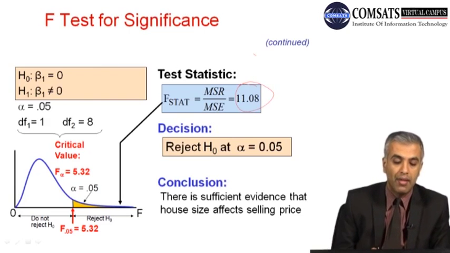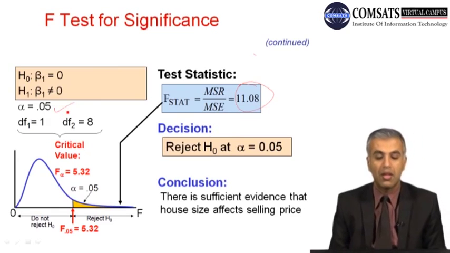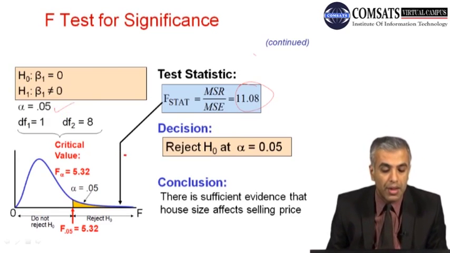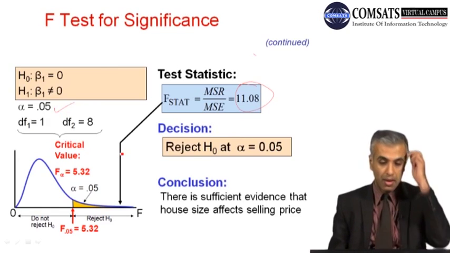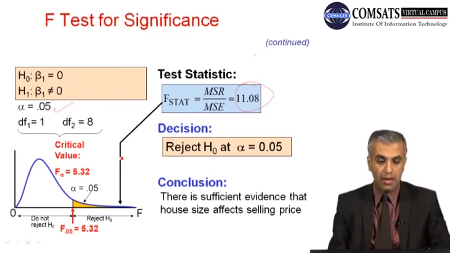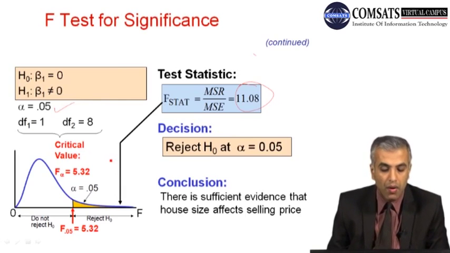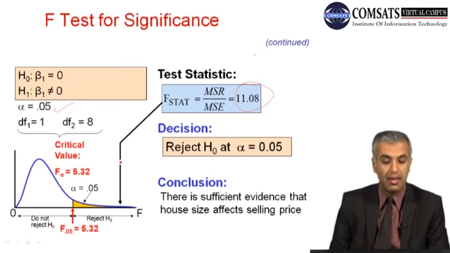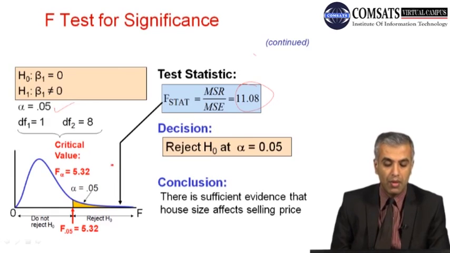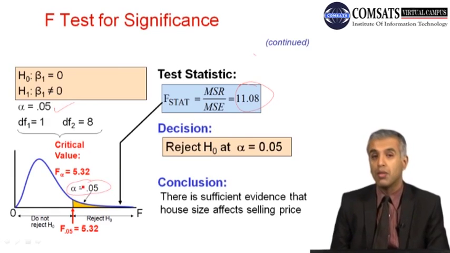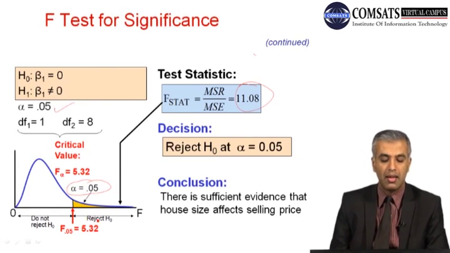We also are given the level of significance here and degrees of freedom, which in this case is df1 is 1 and df2 is 8. So our critical value here, as this is basically a one-directional hypothesis, we have taken alpha equal to 0.05, and the F value which is critical here is